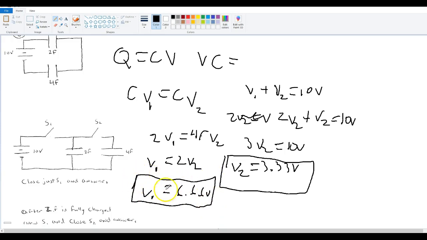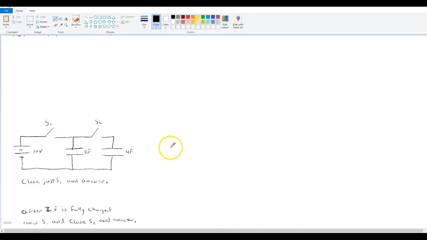V1 should be the larger value because, again, that charge has to be the same. So because this is a smaller capacitor, its voltage has to be larger to keep up with the larger capacitor. And it really is that simple. So this one's